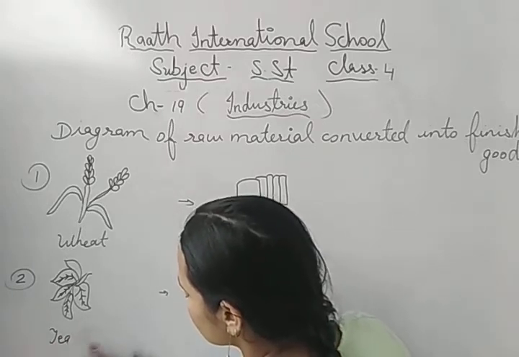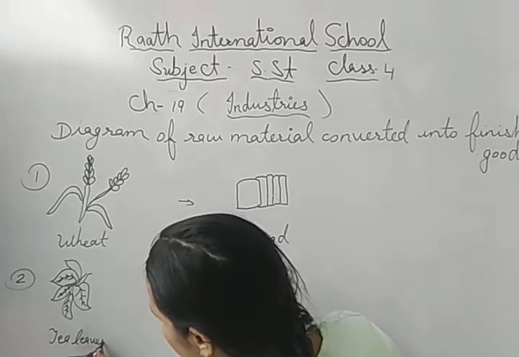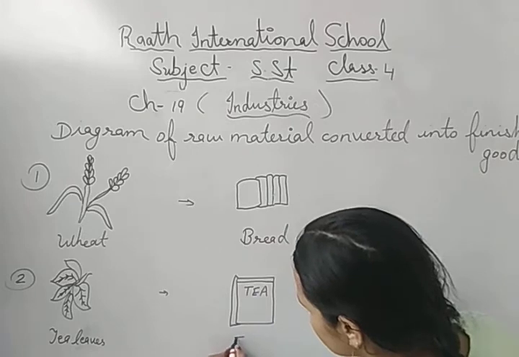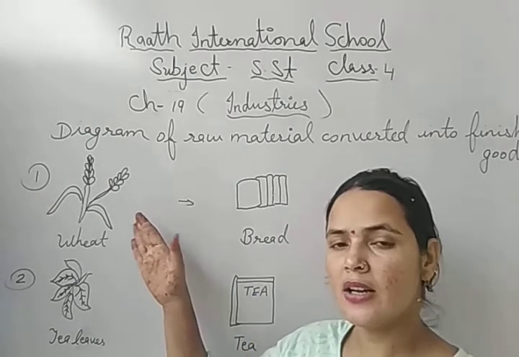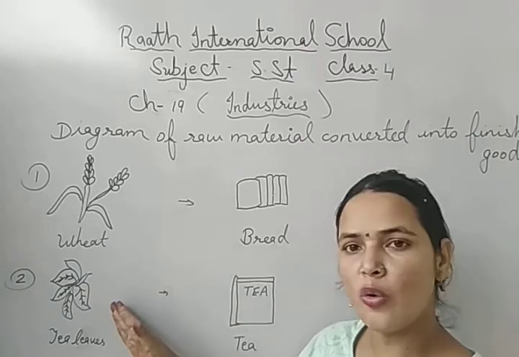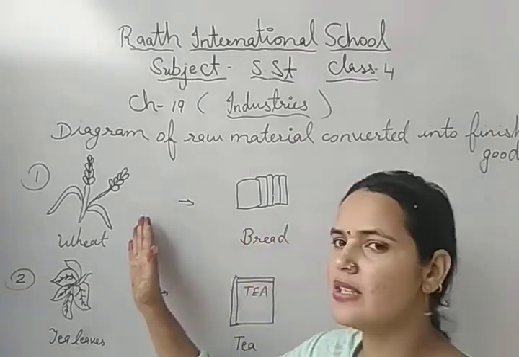It is tea leaves and it is tea. So these are the 2 raw materials, and these are the products that are made by using these raw